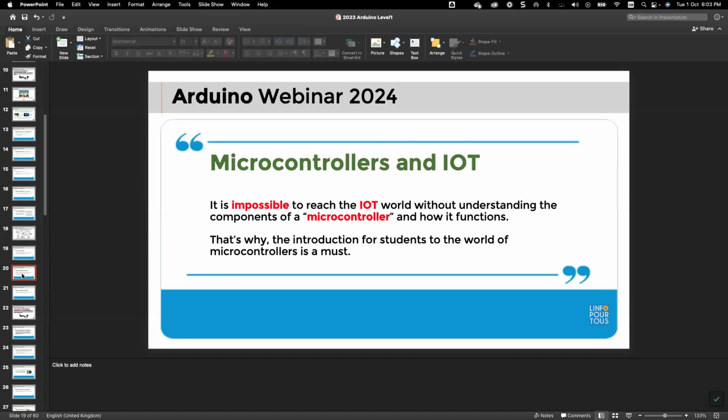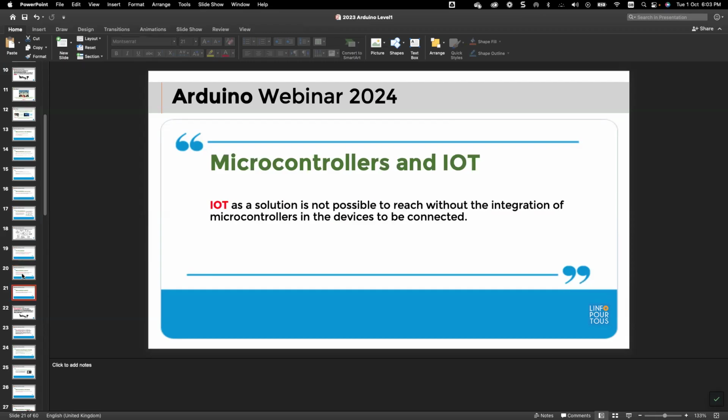So from now, we know that it is impossible to reach the IoT world without understanding the components of a microcontroller and how it functions. That's why introducing students to the world of microcontrollers is a must. And IoT as a solution is not possible without the integration of microcontrollers in the devices to be connected. What I mean is that now our fridge and washing machine function according to a microcontroller built by the manufacturer,